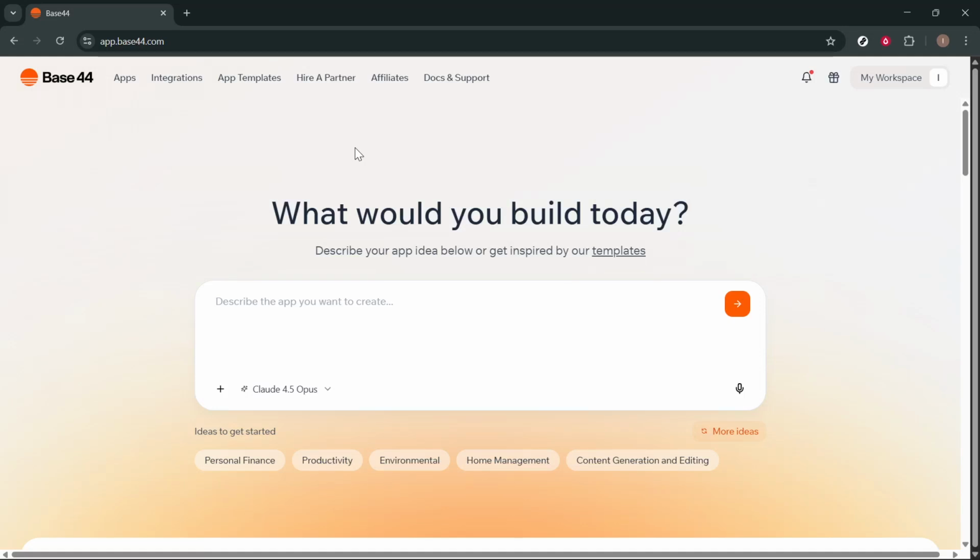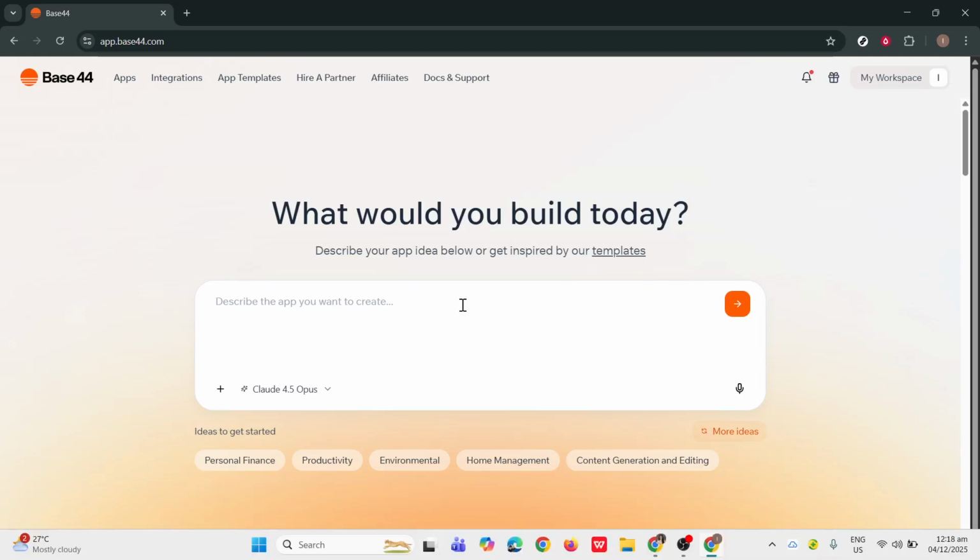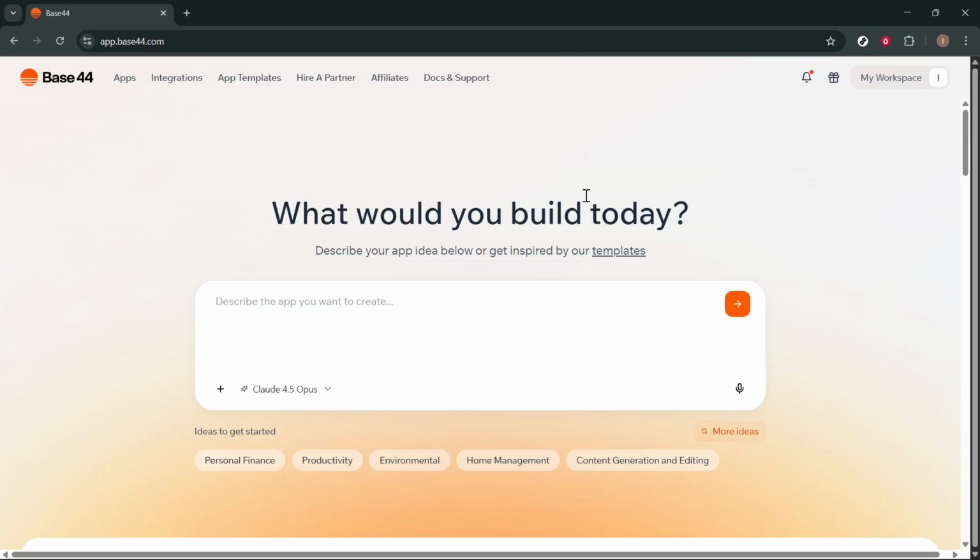In today's video, I'm going to teach you how to preview your app in Base44. We're going to walk through the exact path you'll use inside Base44 to open a live preview of your app, so you can validate layouts, flows, and content before sharing it more widely. The process is quick, and once you know where everything lives, you'll be able to preview with confidence anytime you